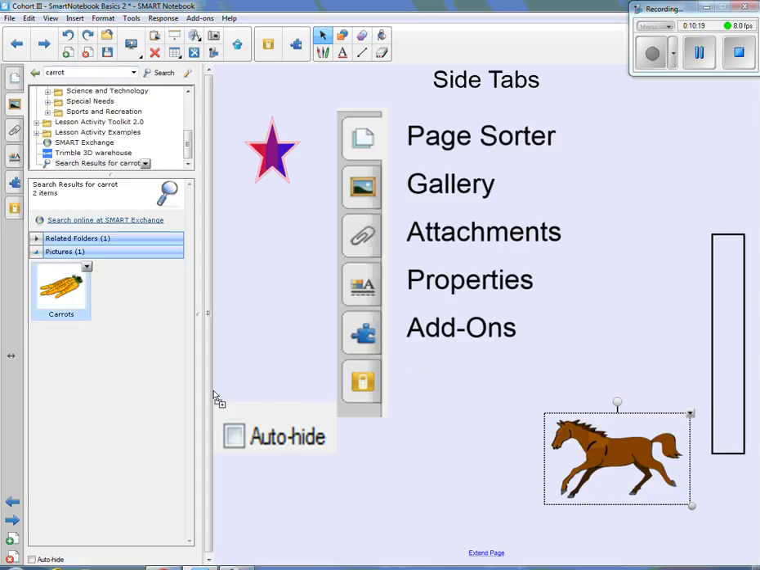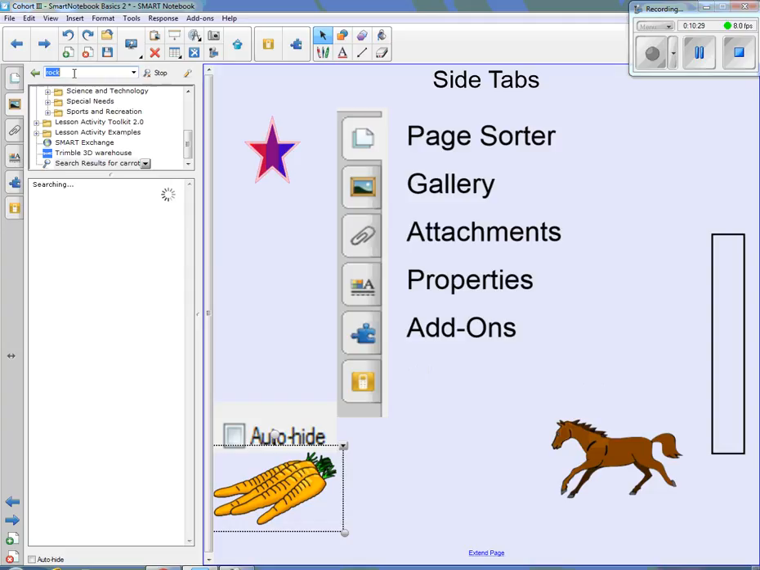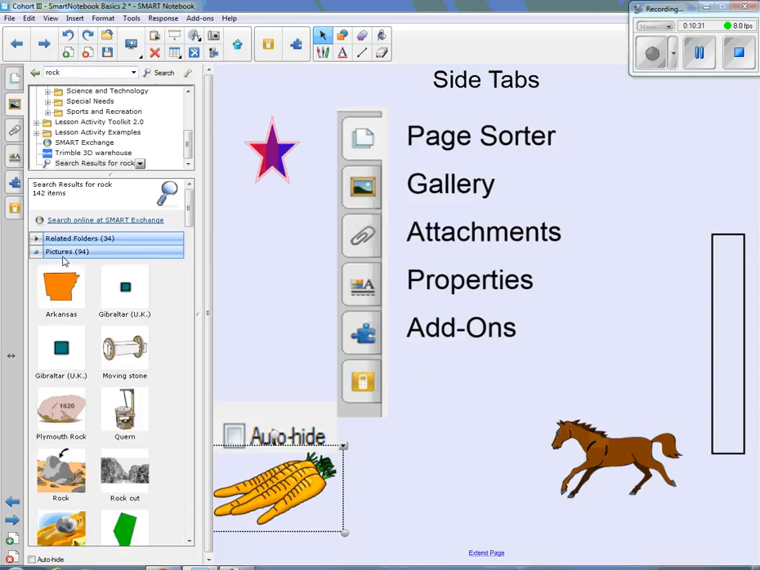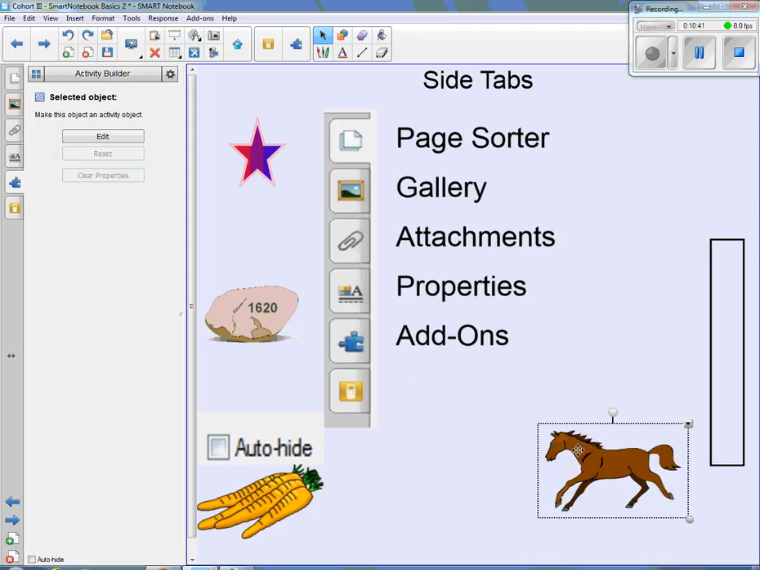Basically, it's a way, kind of like those lesson activity builder activities, but you can customize them however you want to, and what's something that a horse should not eat? Maybe a rock, and we have a rock. And really simple what that means, we'll just use this rock for now. Okay, and we select our horse, and we go back to add-ons, and we select our horse, and we're going